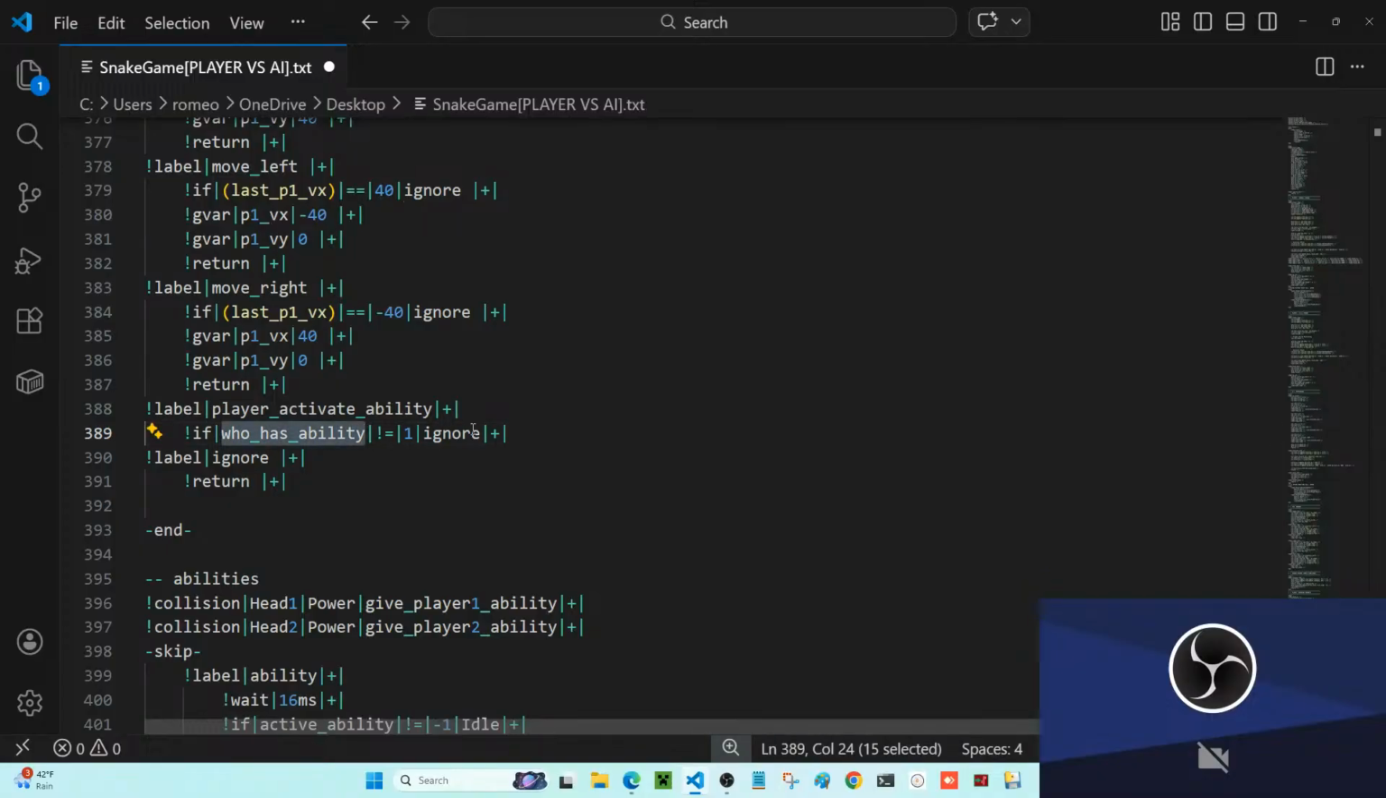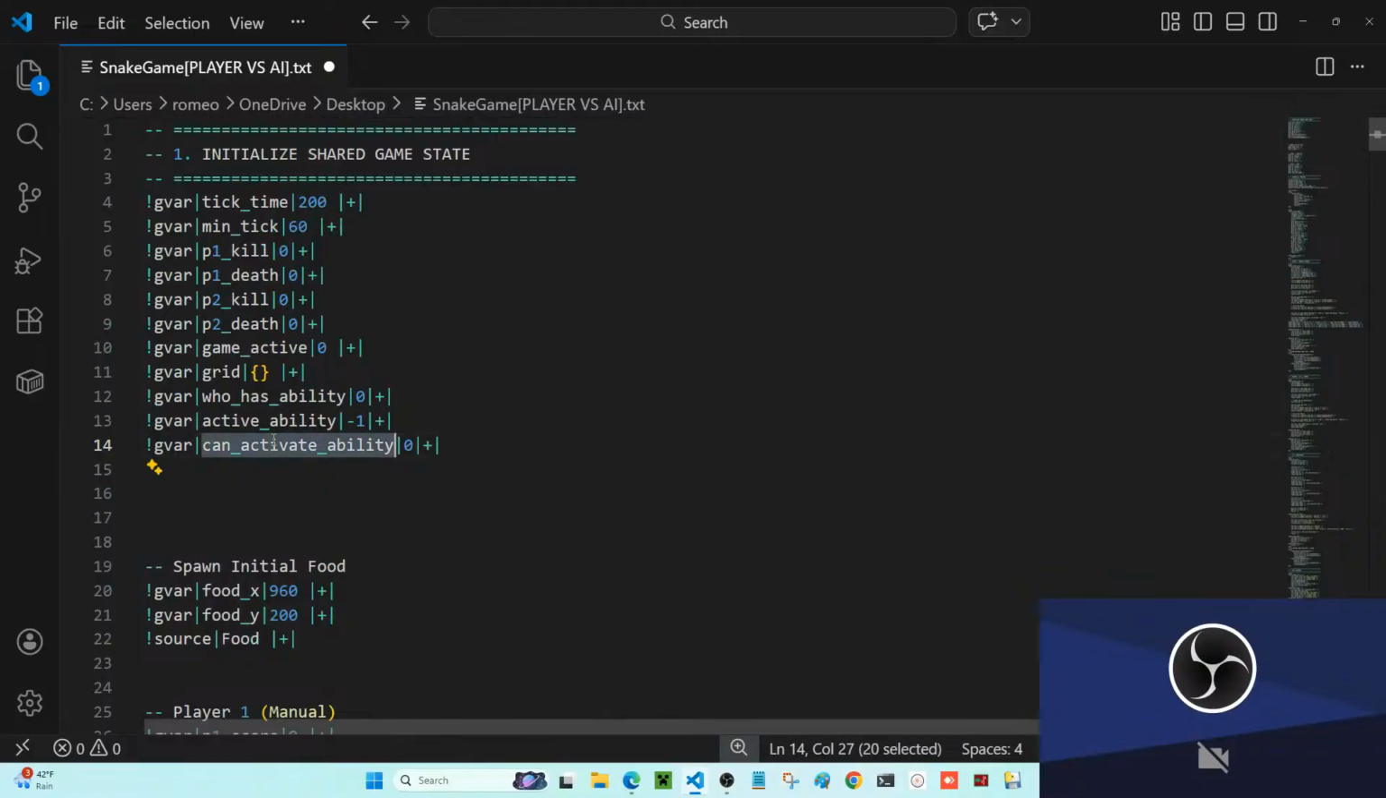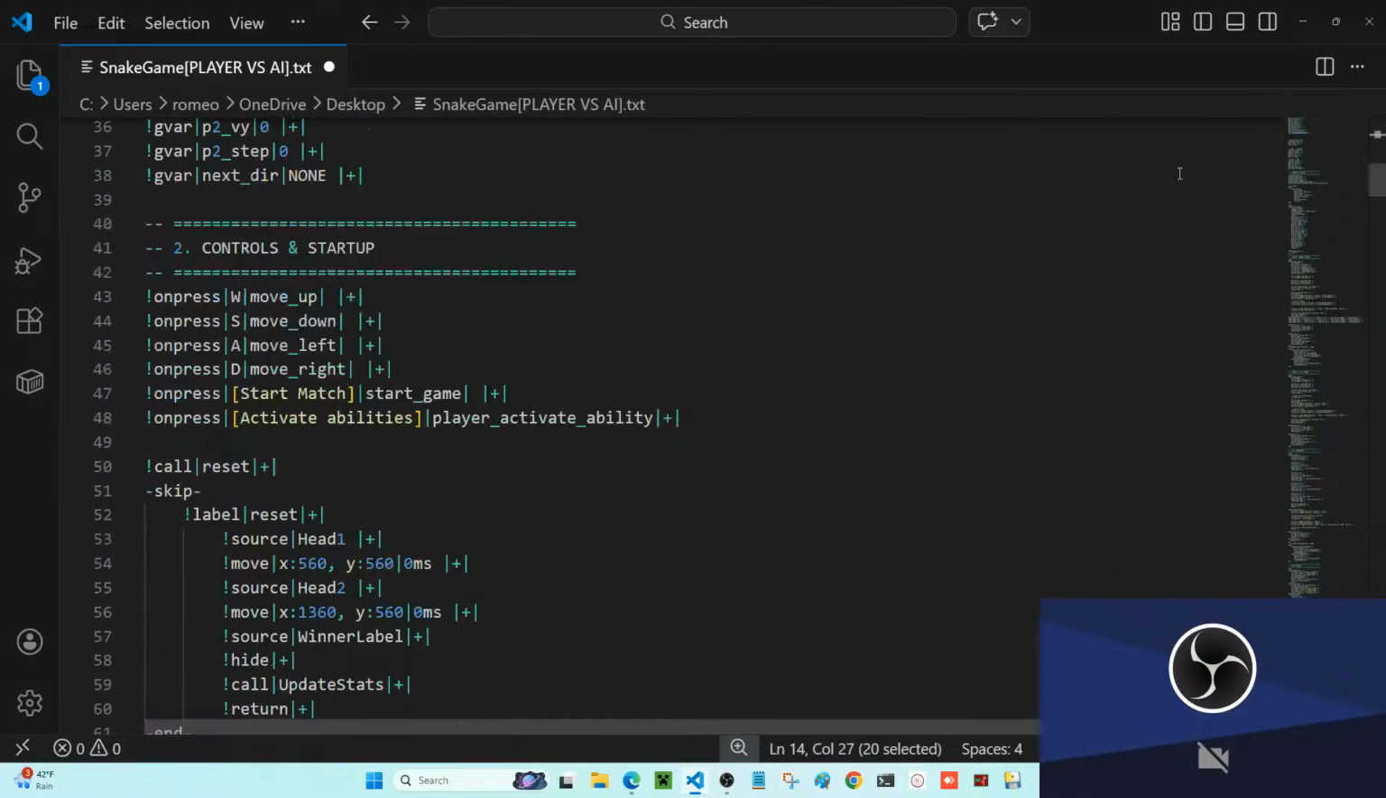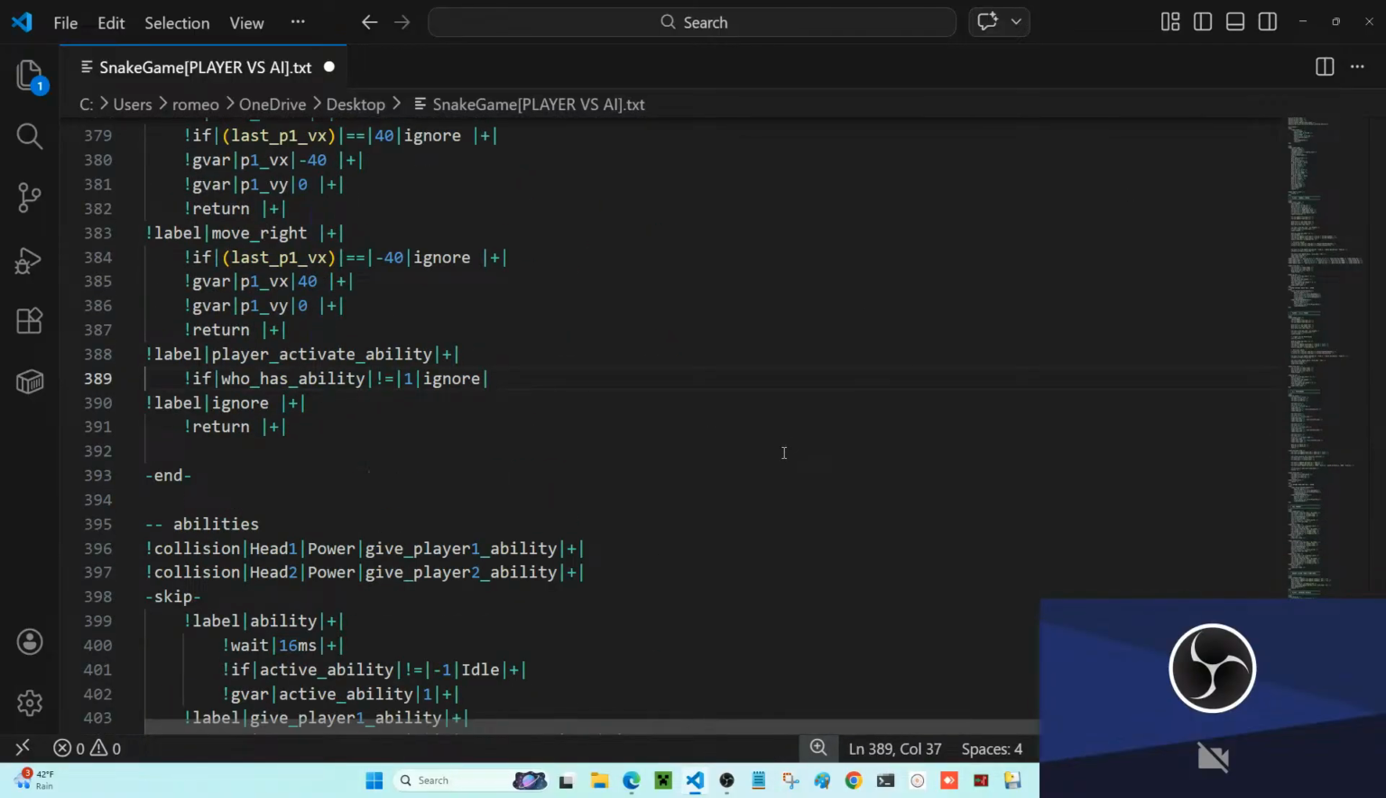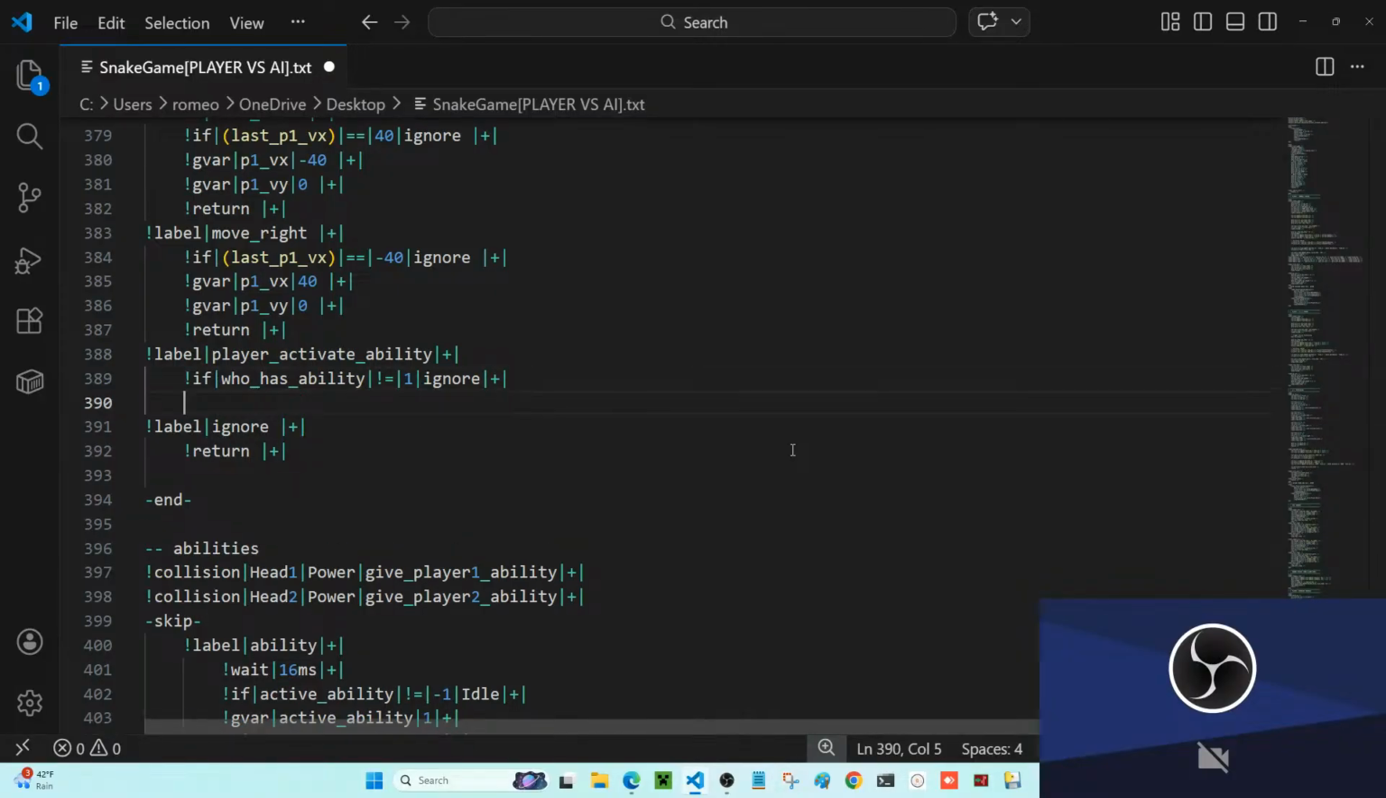Because the player 1 does not have the ability, we can't just tell it to start the ability if they're not the one that has it. Simple sense. And then over here, we're going to say if the player 1 does have the ability, then we're going to go ahead and tell it you can go ahead and activate the ability. There we go. So now that we have this set,